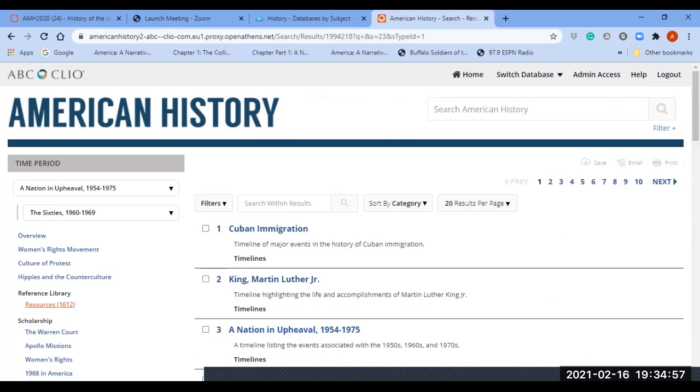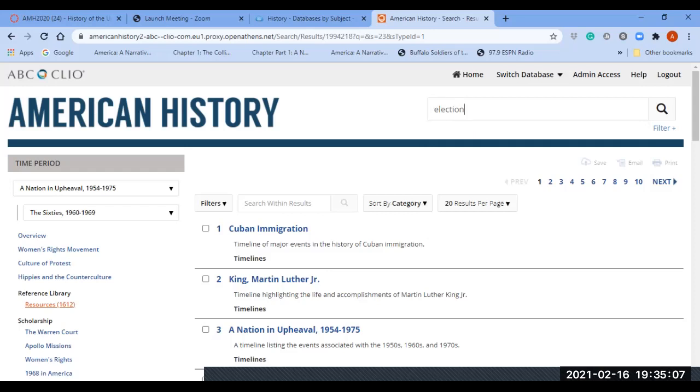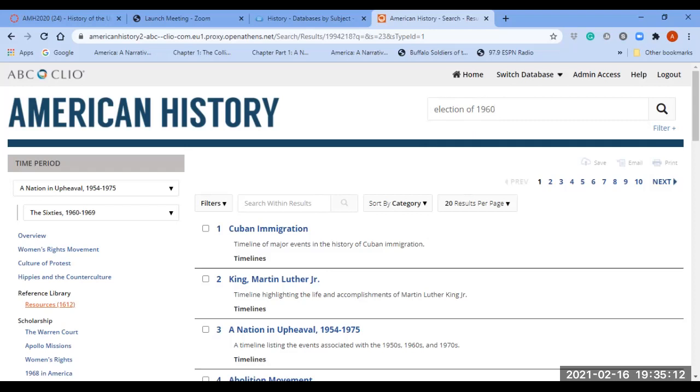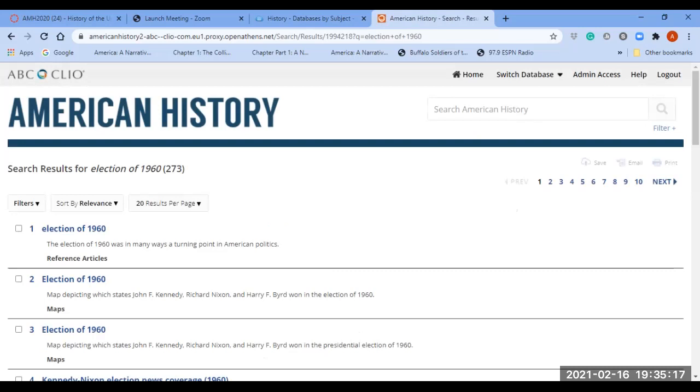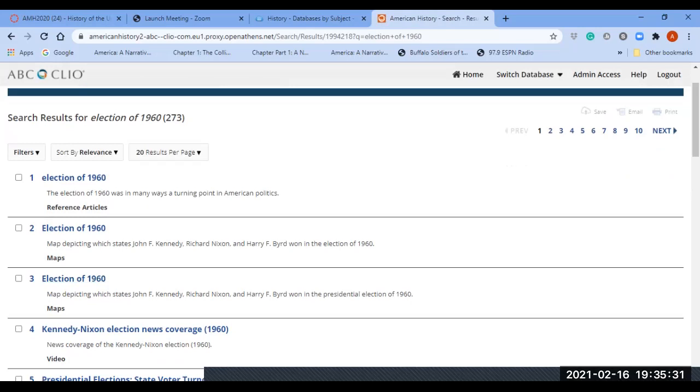Now, there's another way that we can narrow our search for sources related to our topic. We can simply type in the search field what our topic is and see what comes up. Okay, check this out. We went from over 1,000 possible sources to now 273. But again, election of 1960, there's reference article, map,